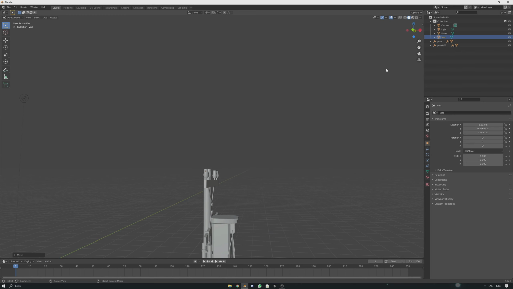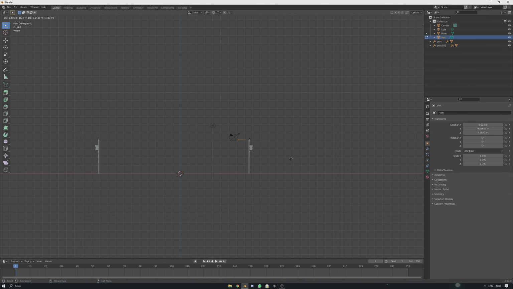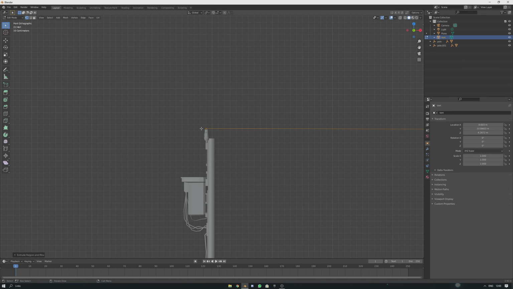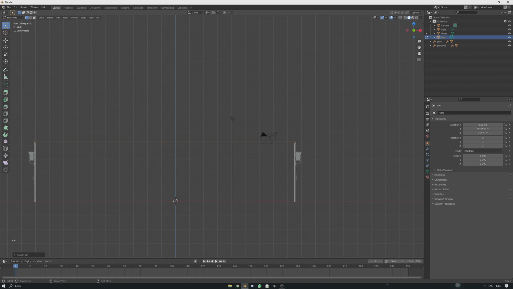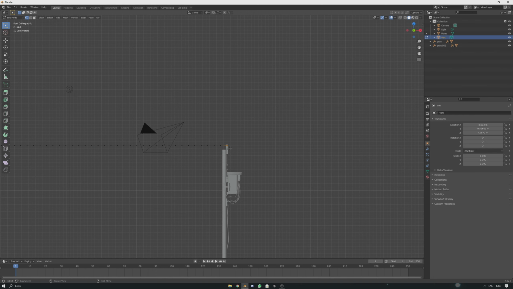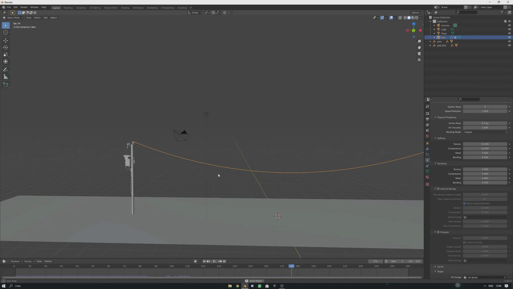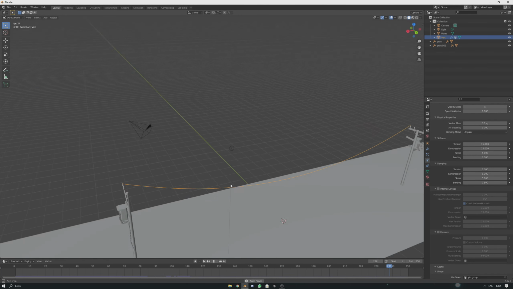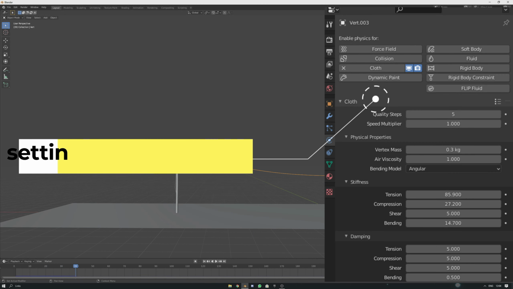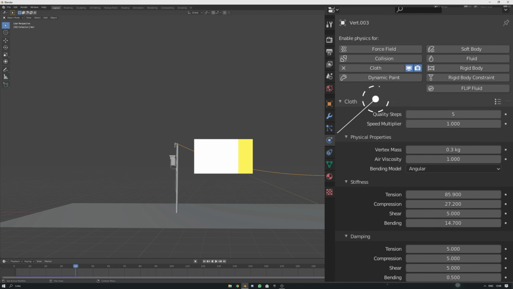So we have done that right there, and now tab back into edit mode, E a bunch of times, or actually E just a single time, and then we select these two, right click, subdivide. I'm gonna go with 64 this time, or maybe even 120. Okay, so I've done that, and now I'm just gonna select this and this, get into geometry, vertex group. As you can see, our wires look a bit overstretched or a bit too big. So I guess we're just gonna add in stiffness.